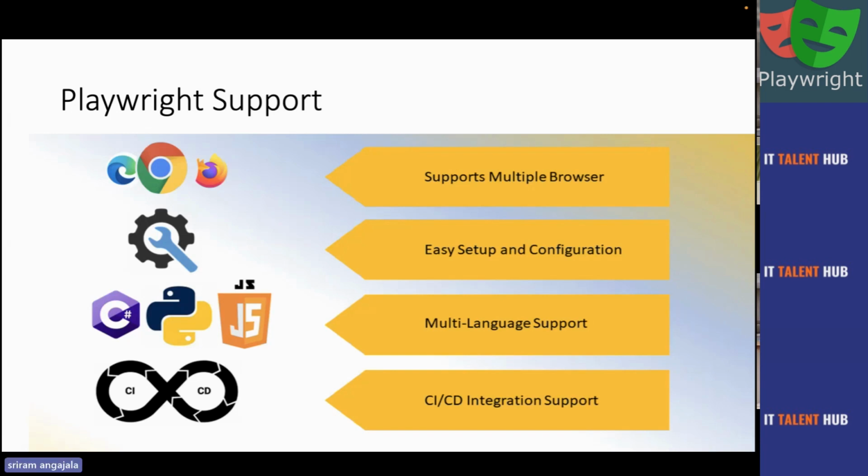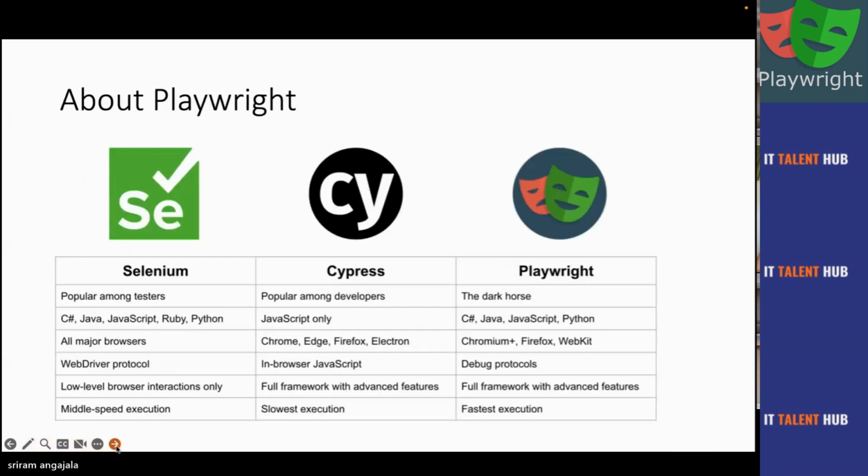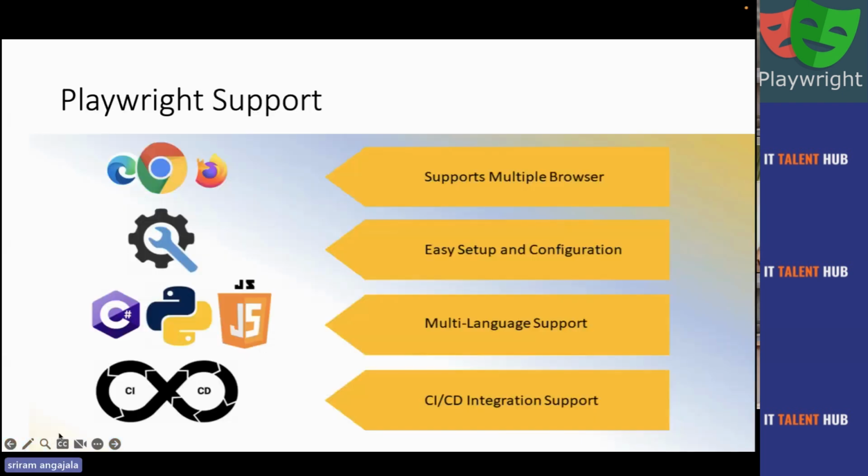And the very important thing, which is not here, is that it supports record and playback. Now that is good news for all of you, that in Playwright you can automate without coding skills also. So it provides a very good record and playback mechanism. And obviously, talking about the CI/CD pipeline is mandatory. Without CI/CD pipeline, you can't even put your foot into any company, because without it, nothing exists now.